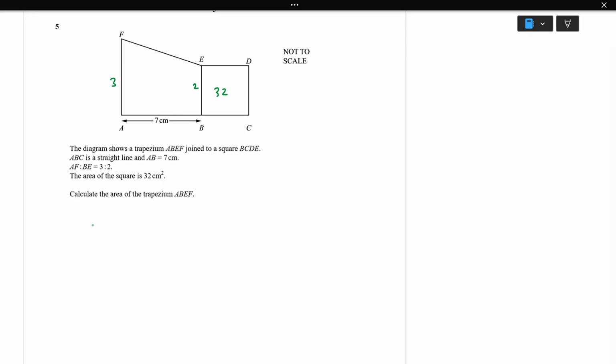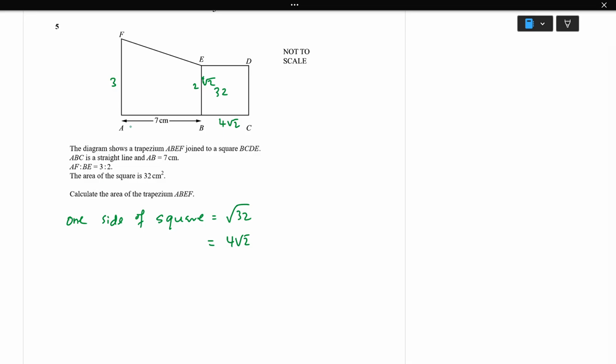So one side of a square equal to square root of 32, which is going to be 4√2. So we got one side, which is 4√2. So here also we got 4√2. All the sides are 4√2 because of square. Next is